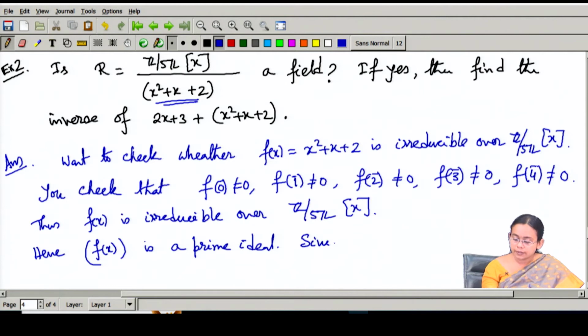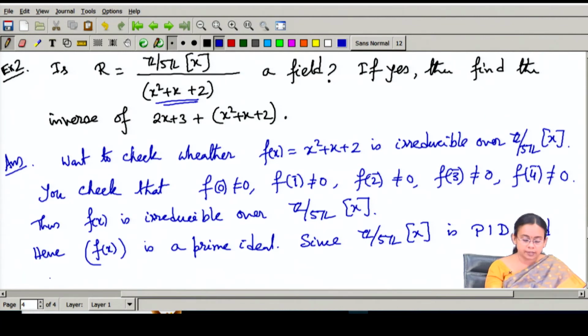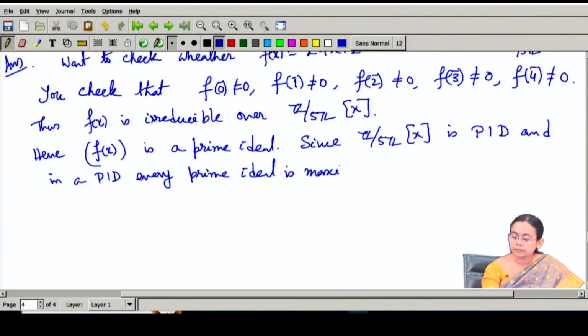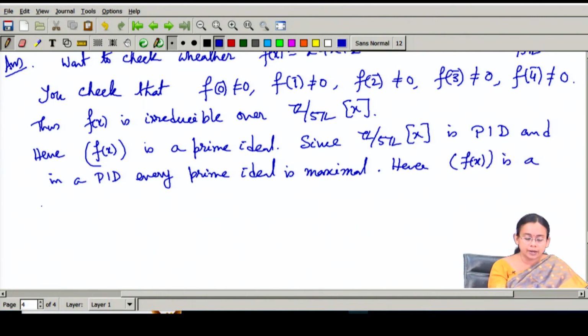And since this is a polynomial ring over a field, therefore this is a PID. Since this is a PID, and in a PID every prime ideal is maximal. Hence, the ideal generated by this polynomial f(x) is a maximal ideal